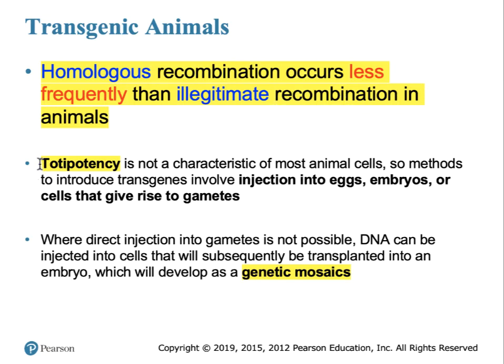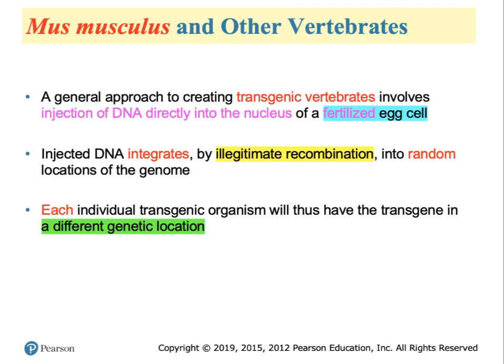The other thing is, totipotency is not a general characteristic of animal cells. Only certain cells in the developing embryo are totipotent. The manipulation of these types of totipotent cells, which includes embryonic stem cells, leads to its own problems and concerns because you're dealing with genetic mosaics. With respect to animals, the research on vertebrates has come a long way, and the mouse has been the champion